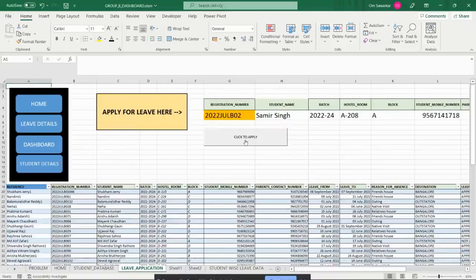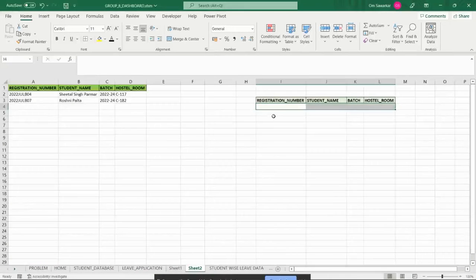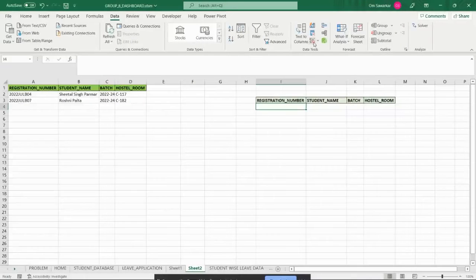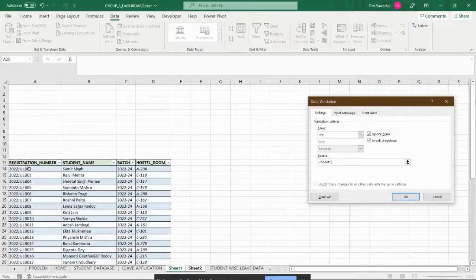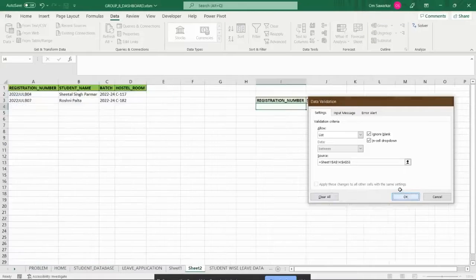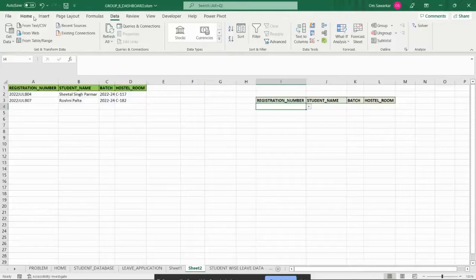We have done this using the macro function. So using a simple example, let's understand how we did this. Here I have taken only 4 columns from the table, which are registration number, student name, batch, and the hostel room. The first step would be creating data validation using a data validation list. The source here would be the registration numbers, from the mock data that I created. Entering the source, we have got a data validation. We shall highlight this